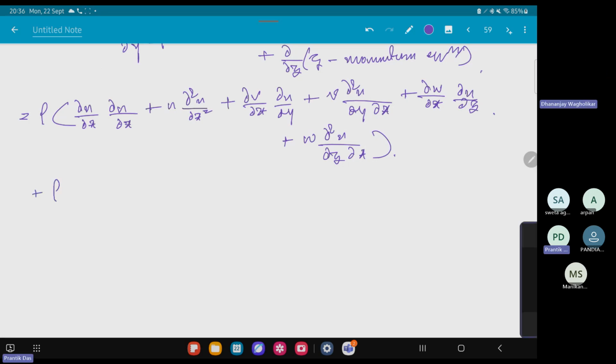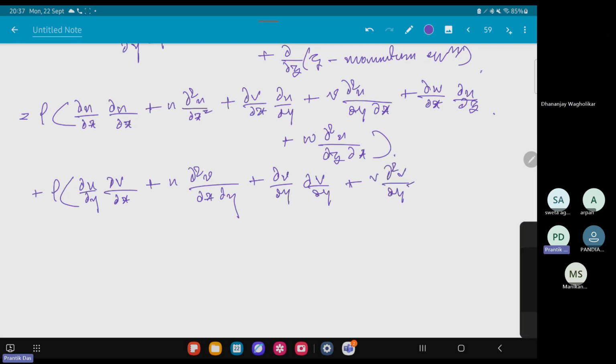And this plus rho of u du/dy dv/dx plus u del square v dx into dy, plus dv/dy dv/dy, plus v del square v/dy square plus dw/dy dv/dz, plus w del square v/dy dz